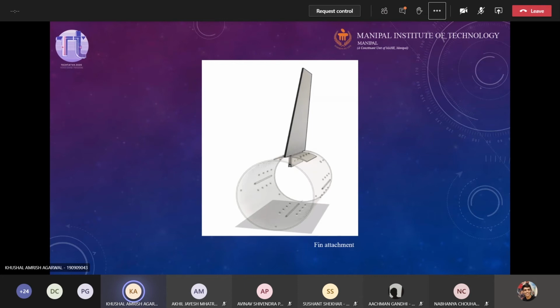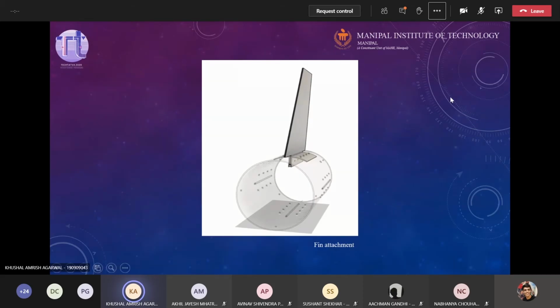So you can see there are clamps over there. They are like an L, correct? On all four sides, on all four fins, there will be two clamps for each fin, and those clamps will be bolted both to the fuselage and the fins as well, as you can see.